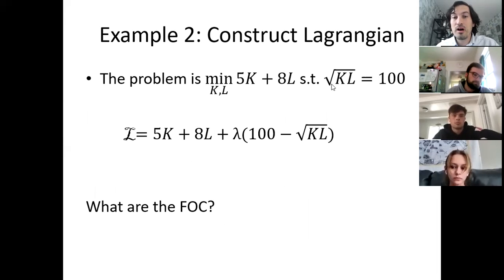Could there be some other way to minimize cost with a different K and L? Well, no. The further away you get from the K and L we found, the more extreme it gets. Let's say L gets really, really small. You're going to need a ton of K in there, which is going to drive up your cost enormously. Same thing for K. If K gets really small, then L has to be really big. That's going to drive up your cost enormously. So just using intuition, I can say for sure, and you could say for sure, that this is indeed a